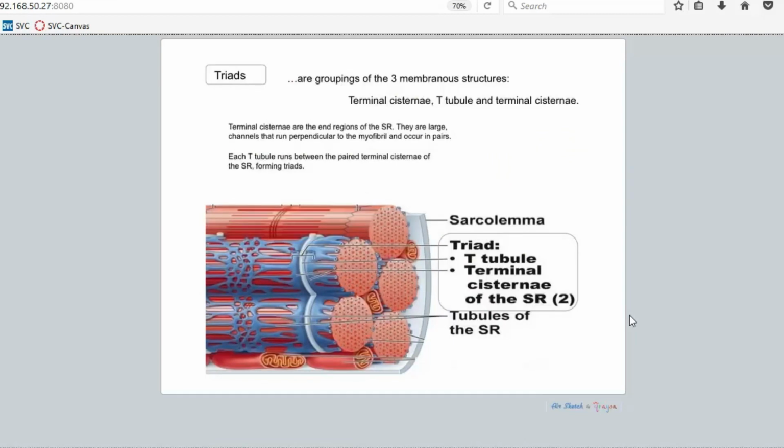And when we actually look at skeletal muscle contraction in the next episode, that action potential is going to travel down the T-tubule here, and by doing so, it's going to electrically stimulate the sarcoplasmic reticulum and cause it to release calcium inside the cell, which is going to allow for contraction to occur. Okay, and we can